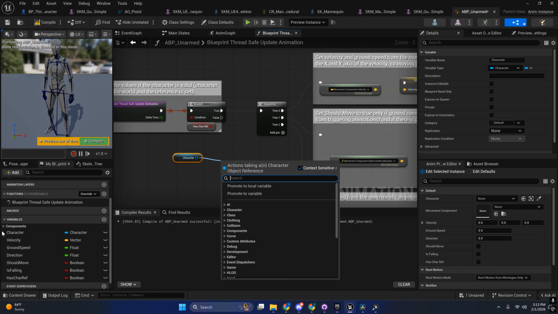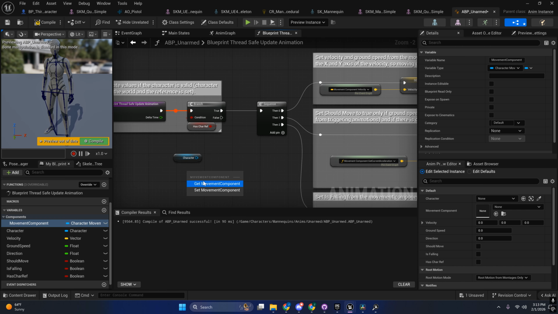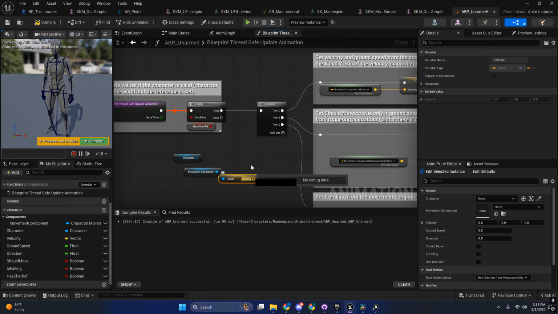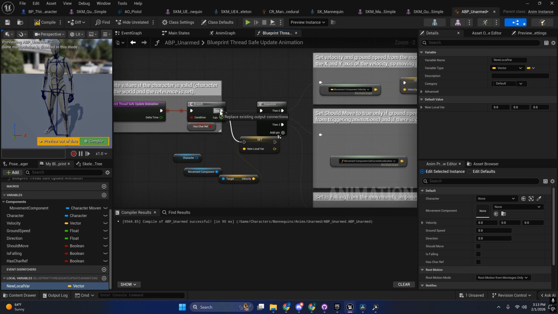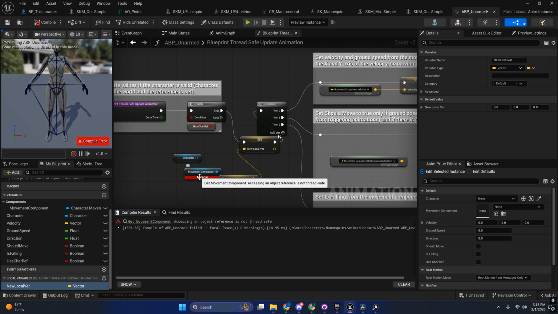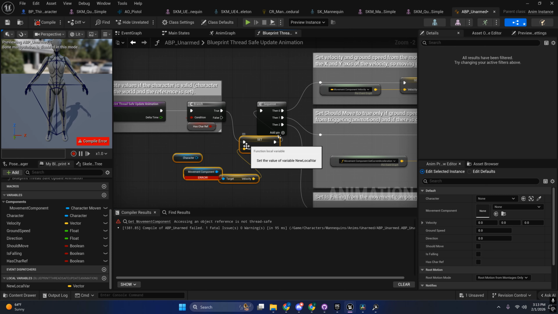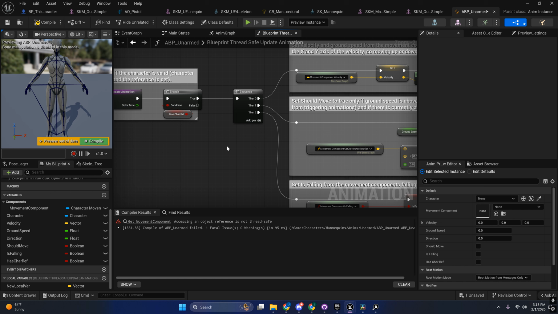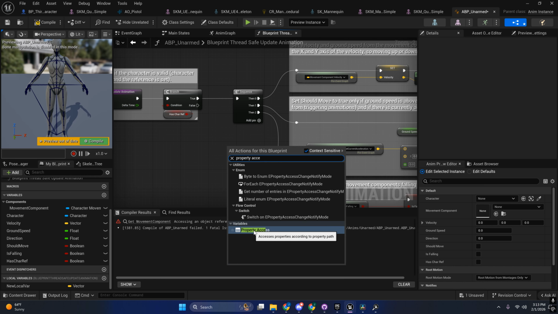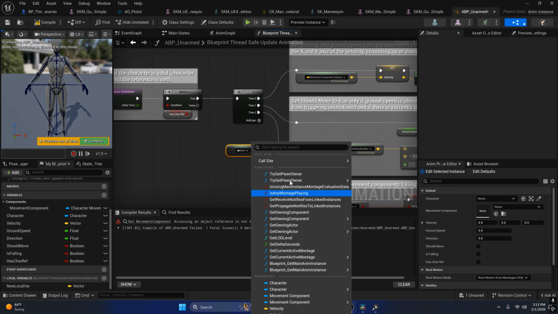let's say I get this. And I get the velocity. And let's just say I promote it to local variable. If I save that, I get an error. Accessing an object reference is not thread safe, so you can't do that. What you have to do is get a property access variable node, and then you have to grab it from here. Now,